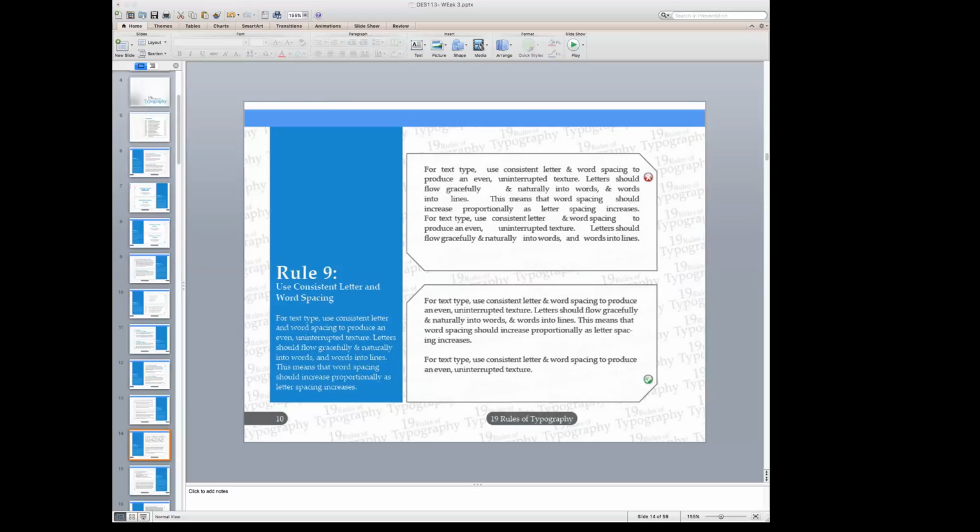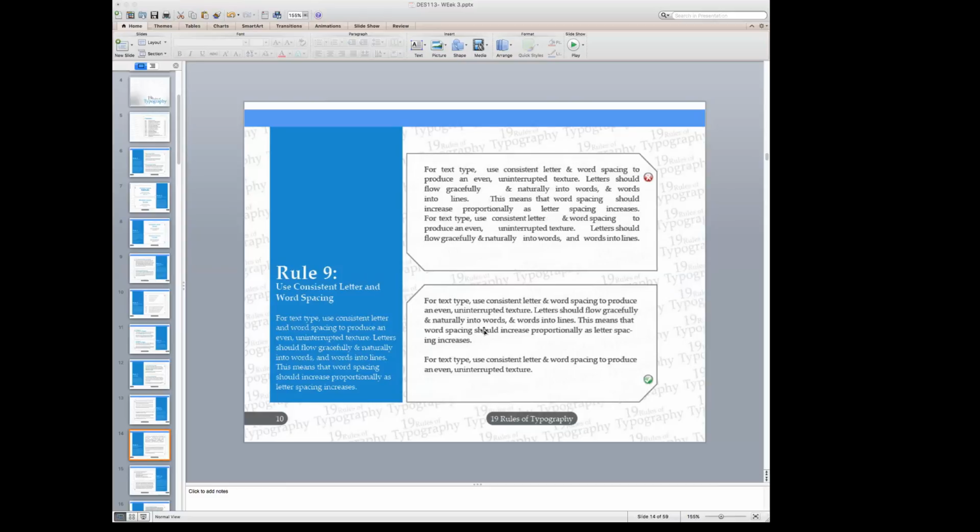The spaces, exactly. It's easy to see right off the bat that the top example has all these little gaps, this uneven spacing between the letters, and it makes a really choppy block of text.